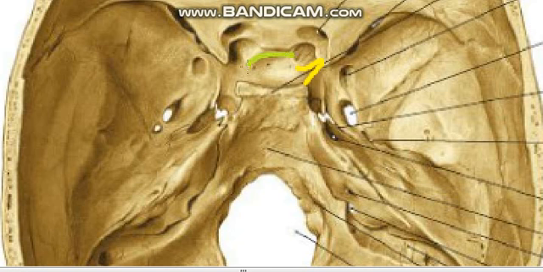So the diaphragma sellae is attached like this to the middle and posterior clinoid processes. And in the central part of the diaphragma sellae you have a small opening for the stalk of the pituitary. So the diaphragma sellae, this diaphragm, is almost totally closing the hypophyseal fossa, leaving a narrow central gap for the passage of the stalk of the pituitary gland. So much so this is the diaphragma sellae.